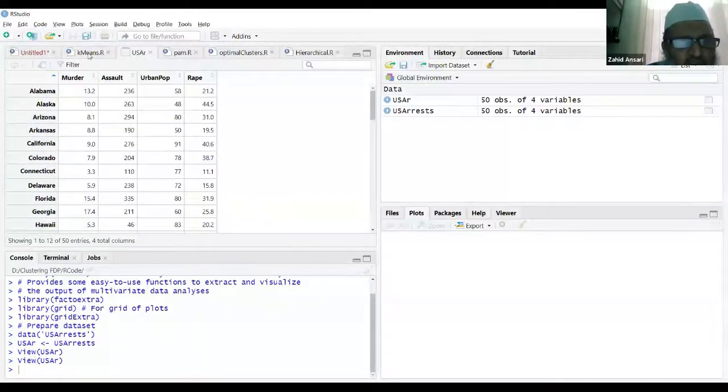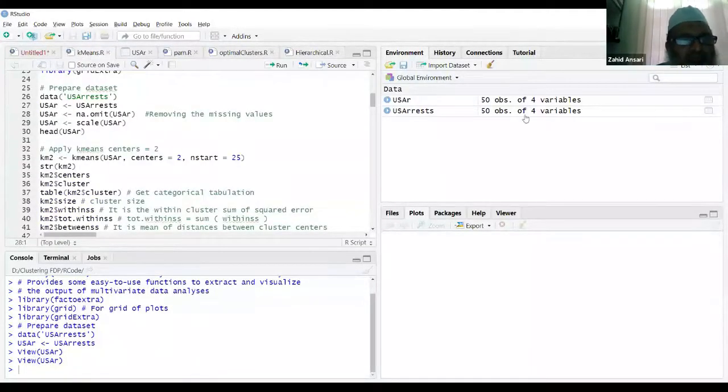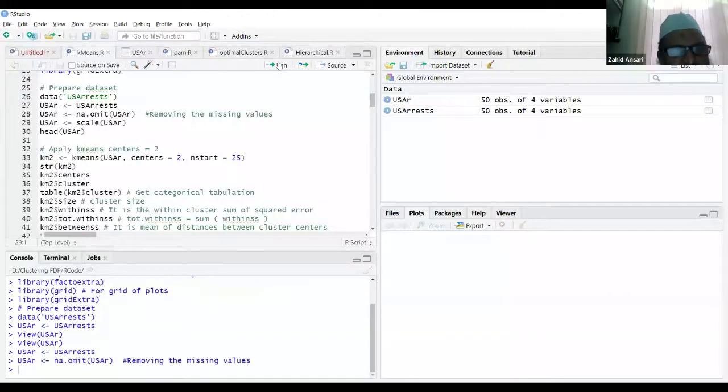Okay, let's go back to our R script. Now I'm doing a little bit of pre-processing; we already saw more in the previous session. Here we are doing the simplest one. We are just omitting the missing values, if any. I don't think this data has any, but as a part of the procedure, I'm just doing na.omit, so that if there is any missing value, we just discard that record. So basically I did na.omit.